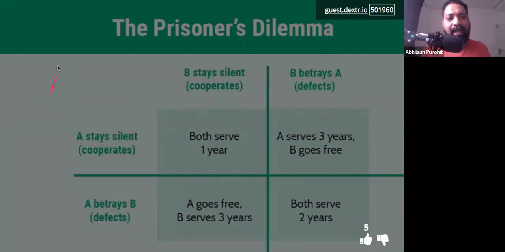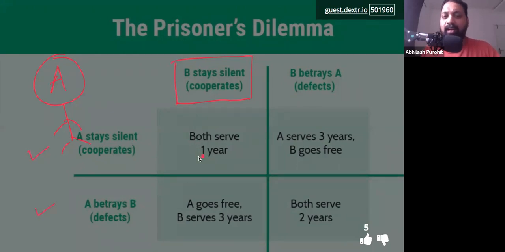Now, let us say you are A. This is you. You are A, and you have 2 choices. If you assume B is going to stay silent and cooperate, you have 2 options: either you stay silent or you betray.